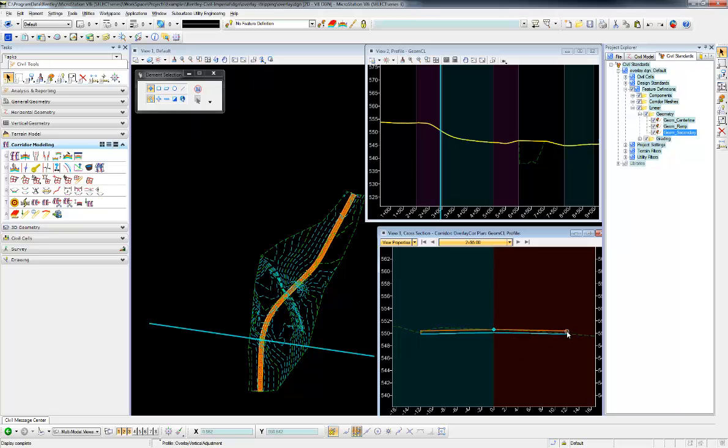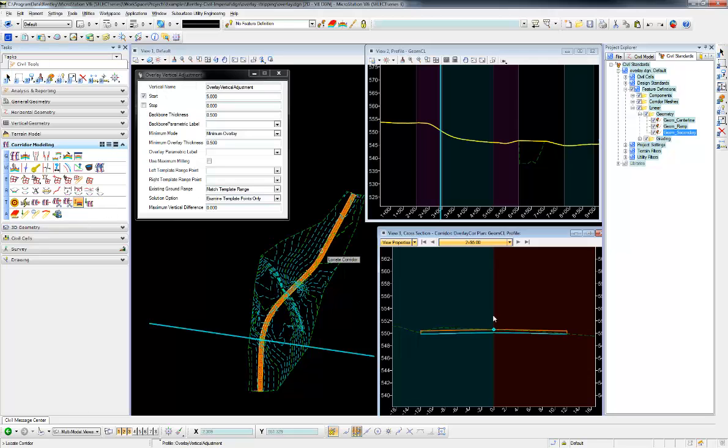What I want to do is analyze the template points, the right edge of pavement, center line, and left edge of pavement, and raise them up so that it gives me a minimum of 0.5 among those three. So when I use this overlay vertical adjustment command, I'm going to say that my backbone thickness is 0.5, so that gets me